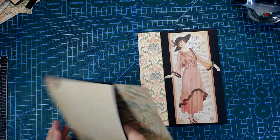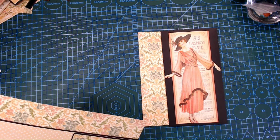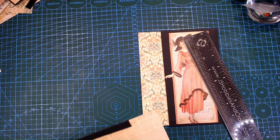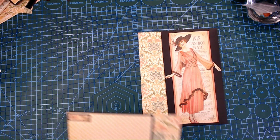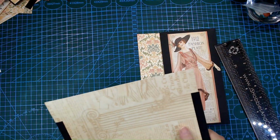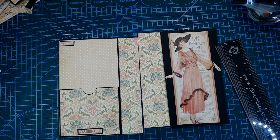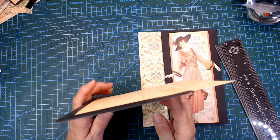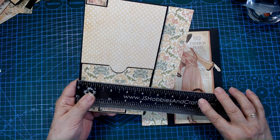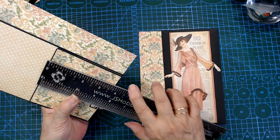This is a big pocket again, a side pocket. Now this side pocket, let me give you the measurements. That's 9 inches, and then score at half an inch. And the width is 5 inches and half an inch, and you fold it over, glue it onto your pattern paper. And I've just done a little pocket on top here, and that is 5 inches. Score half an inch, and this was